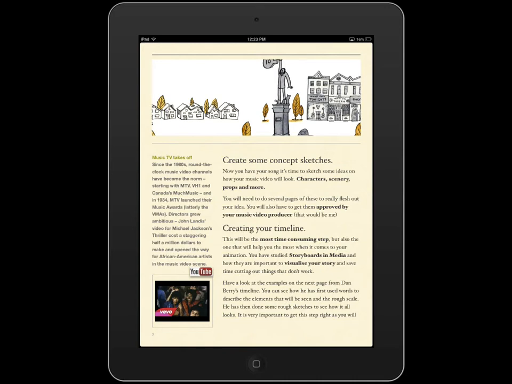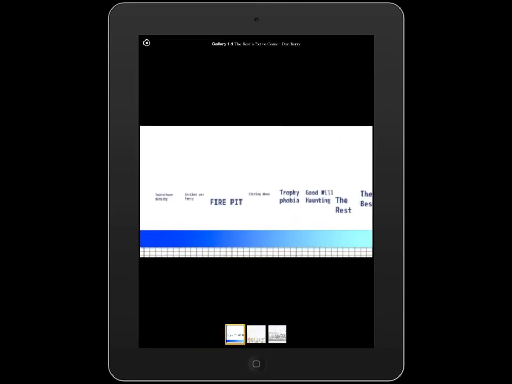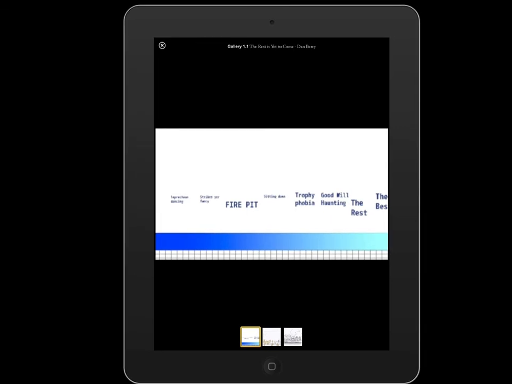Your timeline is going to show your entire music clip. Does that kind of make sense? So, again, let's have a look at this example here. What Dan's done is he's done words first for his timeline so he can kind of flesh it out. So that's the length of the song. And he's gone, what we've got here is the storyboard in words.